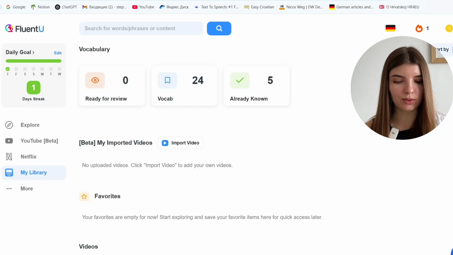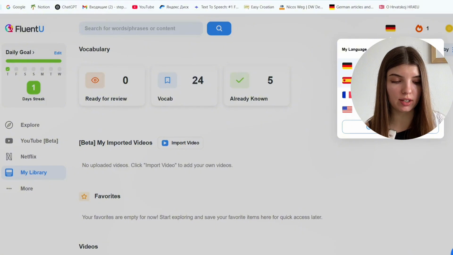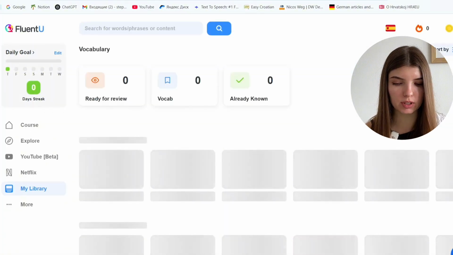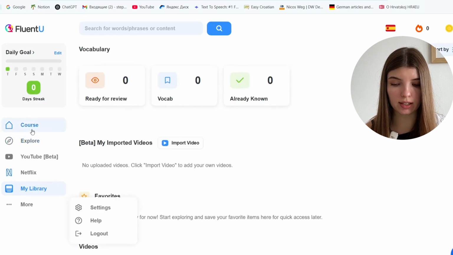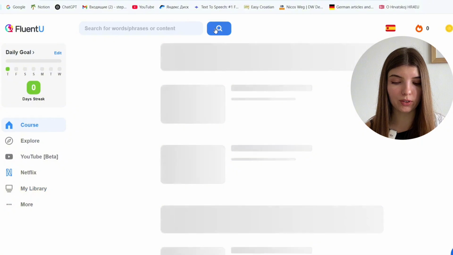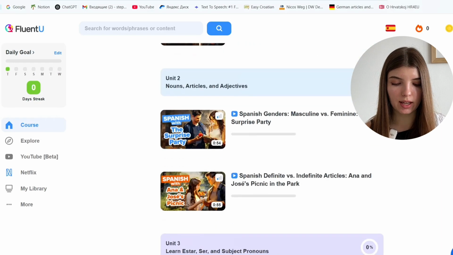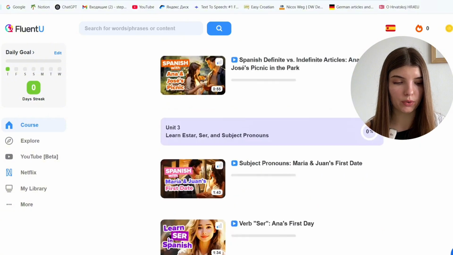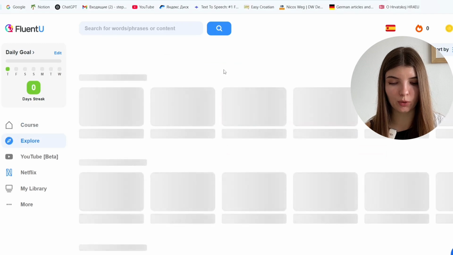So let's have a look at what it looks like on FluentU. Here you have the language and you can change the language. Let's choose Spanish here as our beginner language because German is set to advanced on this account. So I chose Spanish and first of all, I can follow the course for Spanish, which starts from basics. You have videos, you have lessons based on these videos, and you have a quiz afterwards, and so on. So you can go over the course and learn step by step, or you can go to the Explore page